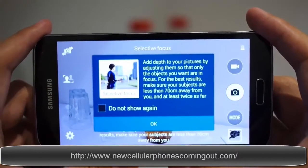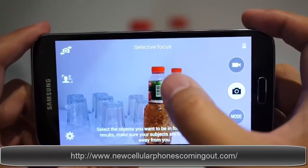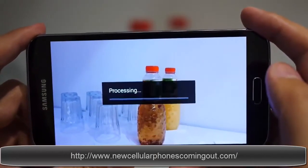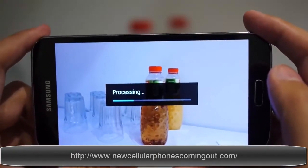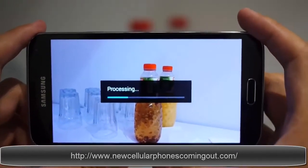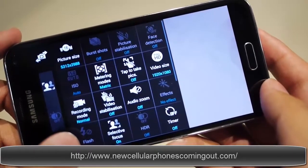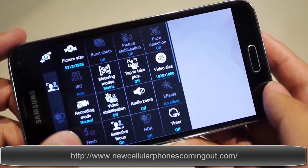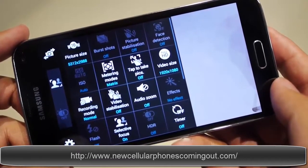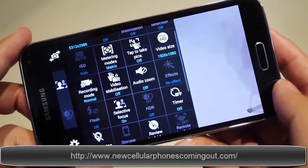When it comes to the cameras, we do see that the 13 megapixel unit on the Galaxy S4 is looking to be trumped by the 16 megapixel ISOCELL sensor that has been introduced in the Galaxy S5. This is a sensor that is supposed to take pictures with less noise and even in low light conditions produce a very nice picture. Now, the app on the S5 has also been redone from the S4, touting all of its settings. When you hit the settings button, everything comes up that you'll be able to tweak for good smartphone photography. And in the end, we do see that the S5 is looking to just be a better camera overall